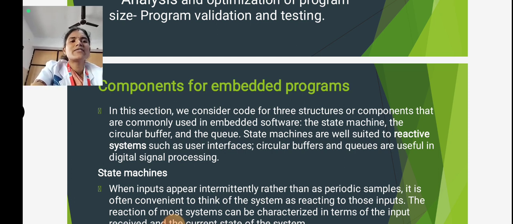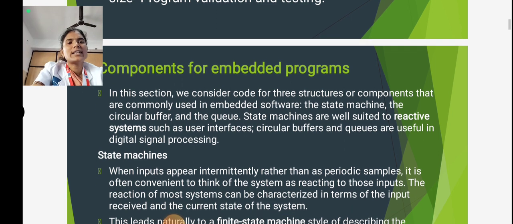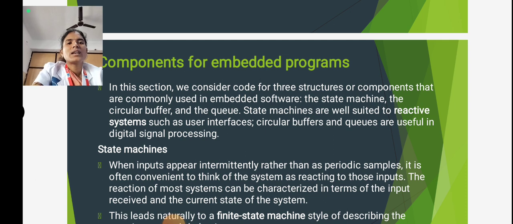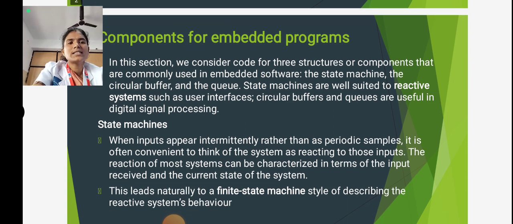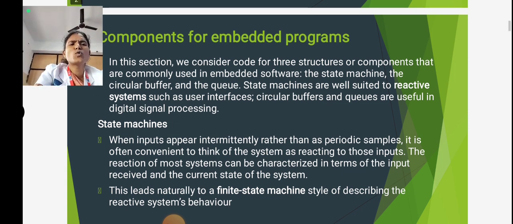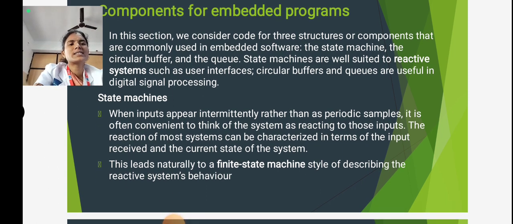State machines are well suited to reactive systems such as user interfaces. The circular buffer and queues are useful in digital signal processing. In a state machine, the input appears intermittently rather than as periodic samples. It is often convenient to think of the system as reacting to those inputs. The reaction of most systems can be characterized in terms of the input received and the current state of